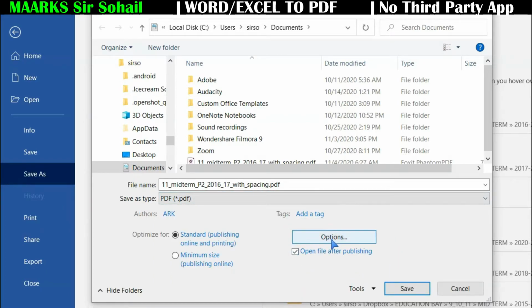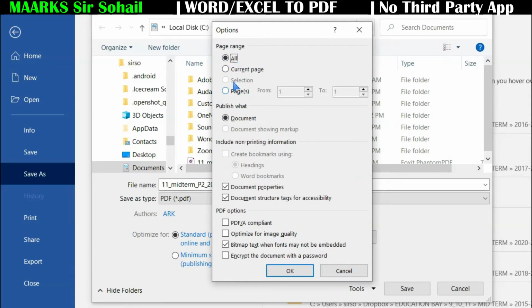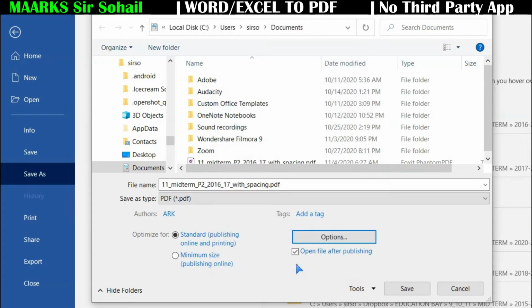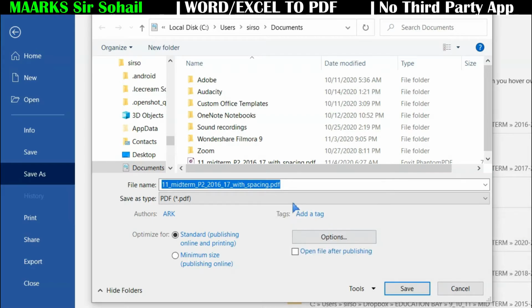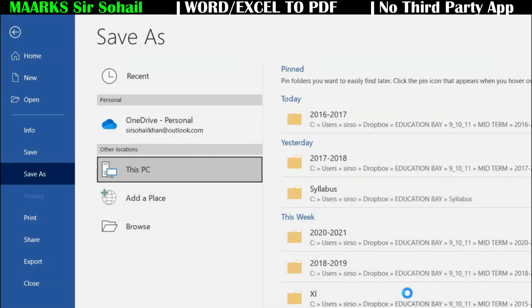Now this time you can see there are options here. So I click here, and then you can see you can choose the current page or the page range. I want from 2 till 10, so I'll click 2 here, and I'll click here until I get 10. So now you can see 2 till 10. I'll click on OK, and this time I don't want to see the preview, so I'll uncheck this also, and I'll click on Save. They are saying that this already exists because I already saved it. So I'll just mark it new and 2 till 10. These are the pages. So I'll click on Save now.